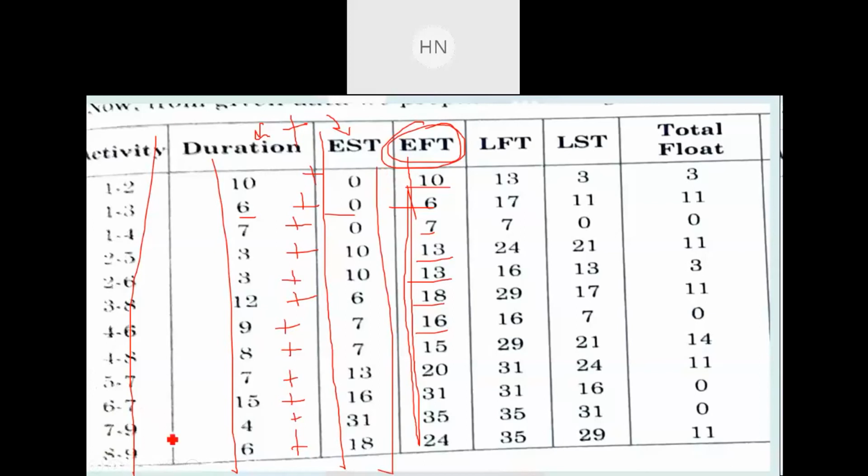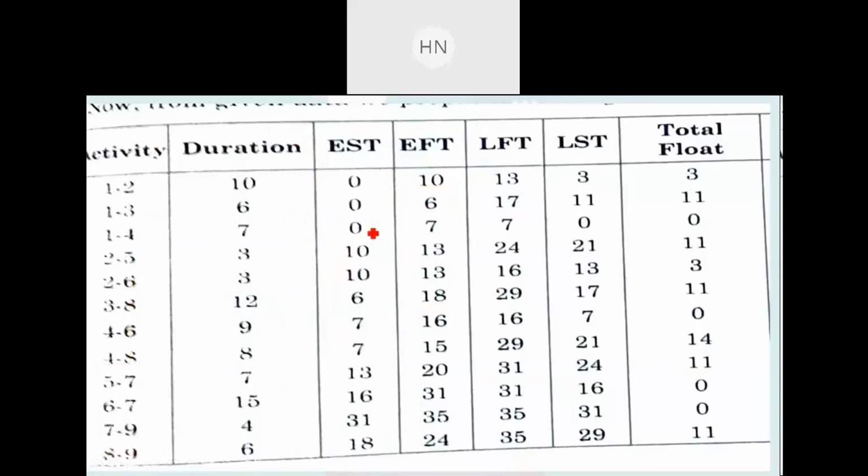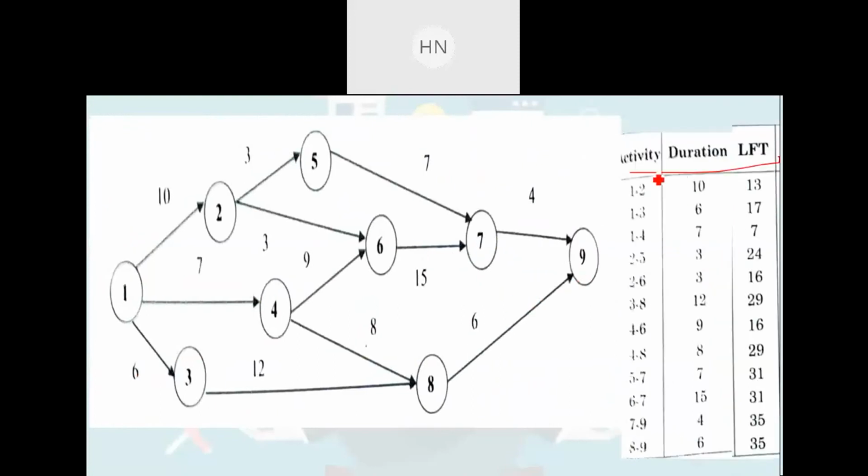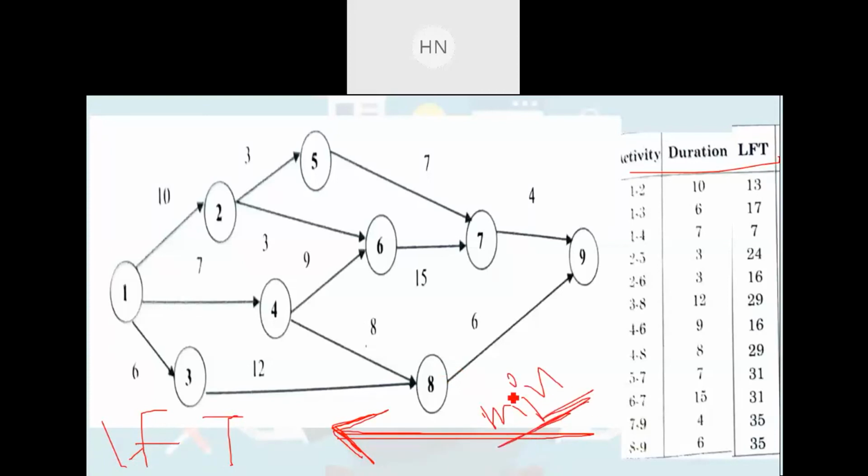Now next step is to find out latest finishing time, right? Now to find out the latest finishing time, we need to start from right to left. That you need to remember, right? Always go from right to left. इस डायरेक्शन में you need to go in the network. जो नेटवर्क है उसमें राइट टू लेफ्ट डायरेक्शन में आपको जाना है. और अगर आपको ऑप्शन मिले वैल्यूज़ की तो मिनिमम वैल्यू को कंसीडर करना है, राइट. ईएससी में मैक्सिमम वैल्यू कंसीडर कर रहे थे, लेकिन इसमें मिनिमम वैल्यू को कंसीडर करना है, राइट.